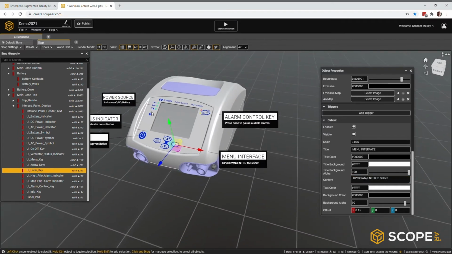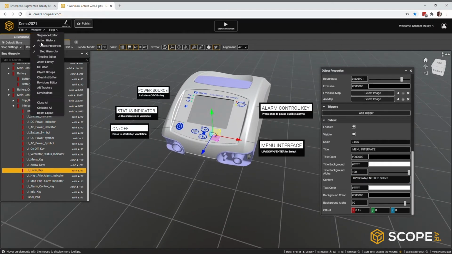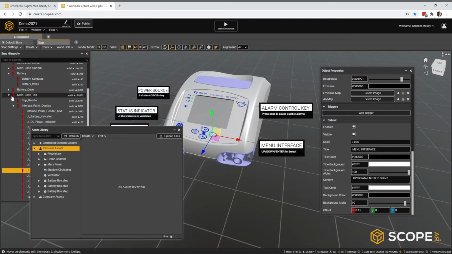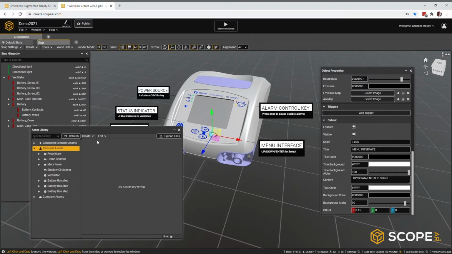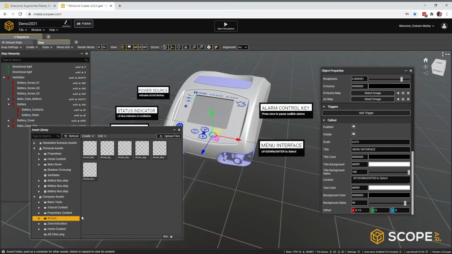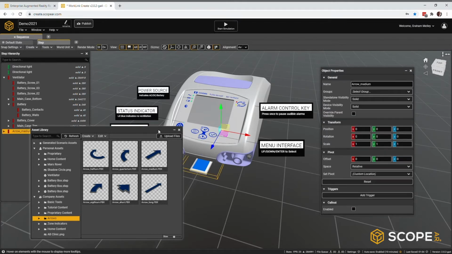Okay, I've got a pretty solid start here, but I want to show you how easy it is to add additional objects to the step. I'm going to go back to the asset library, to the company assets area, and browse back to some of the supplied objects that come with Create. I'm going to pull one of these arrows into the scene to help me very clearly show the airflow associated with these ventilator ports. I'm going to drag that right into the scene,